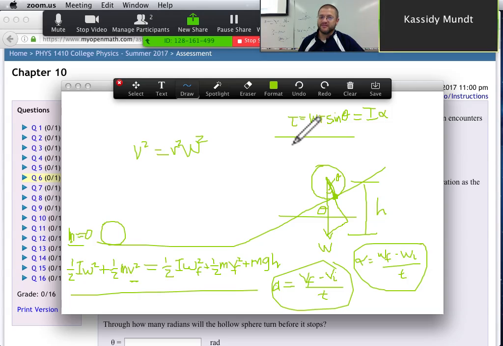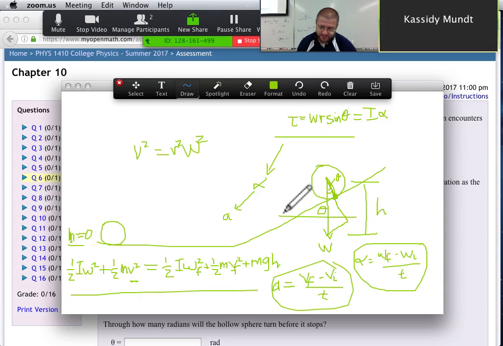Okay, so that's how we're going to approach it. This one can give you alpha, and then you can get acceleration, a. And then once I know the linear and angular acceleration, you can calculate the time, how long it takes. You can use angular kinematics to do that. I would use angular kinematics to figure out the time as well from the alpha. You can do that. Okay, thank you.